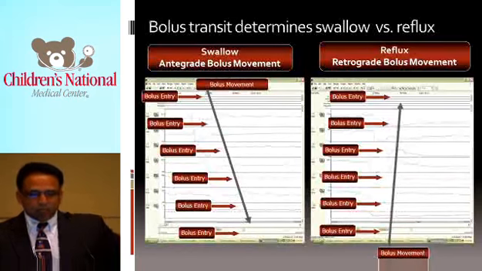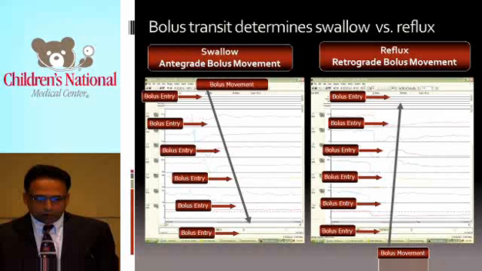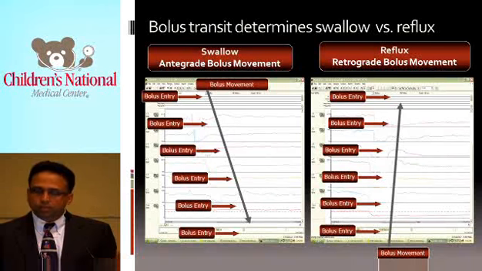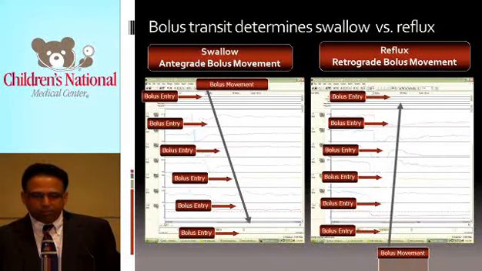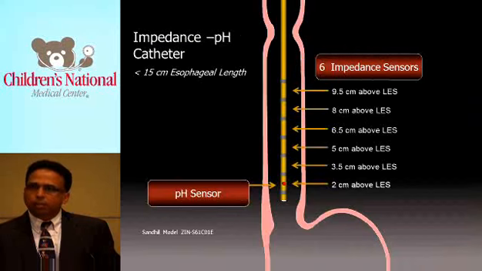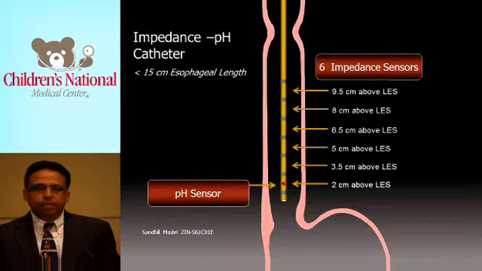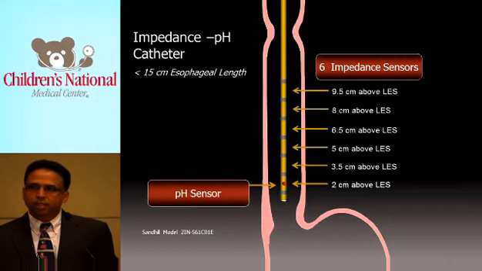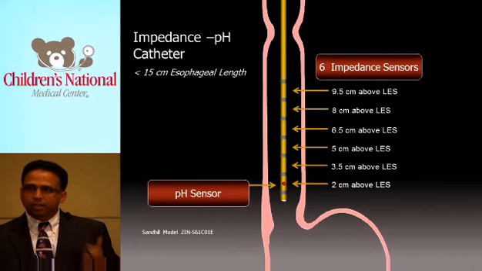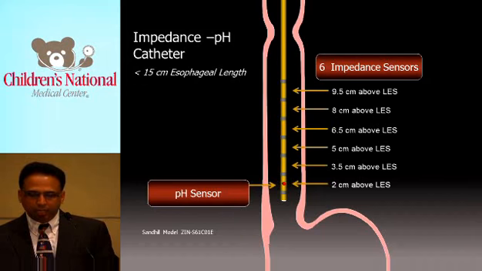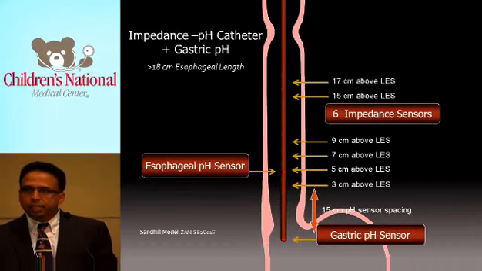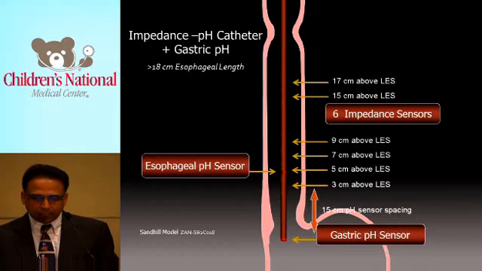So you can tell if the bolus entry was from top to bottom or from proximal to distal, that will be a swallow, as opposed to a distal to proximal movement of the bolus, then that will be a reflux episode. But these people were really smart when they developed it. They said, we need additional information, so let's put a pH probe there also. So not only can we tell when the reflux episode was happening, we can now also tell whether this episode was acid or not acid. So there is very little chance of missing any reflux episode with this study.